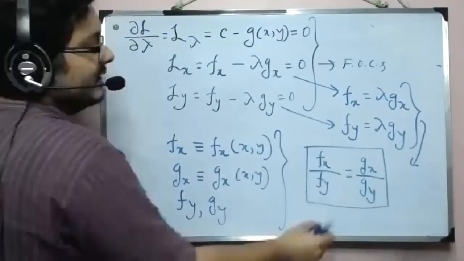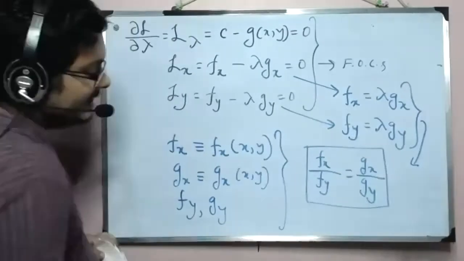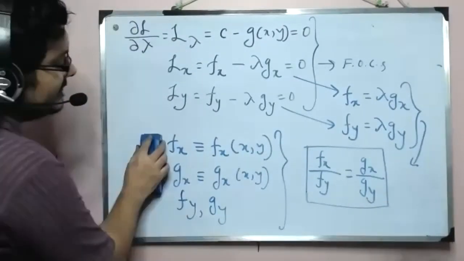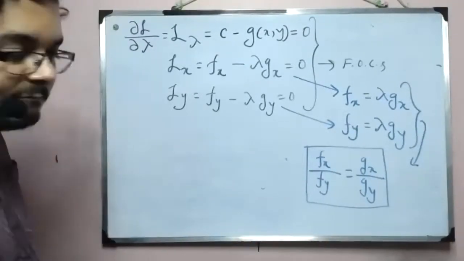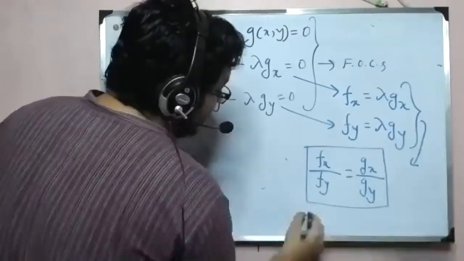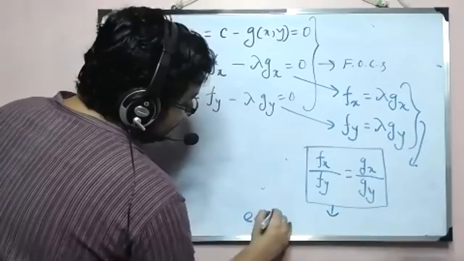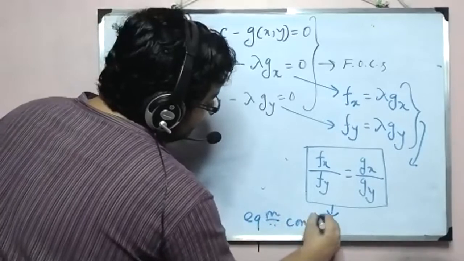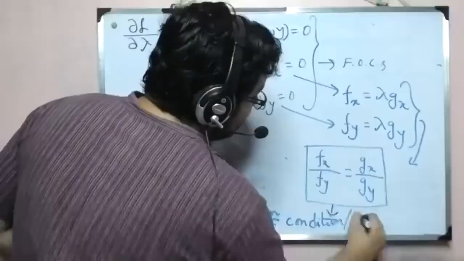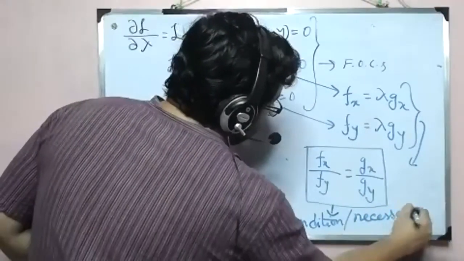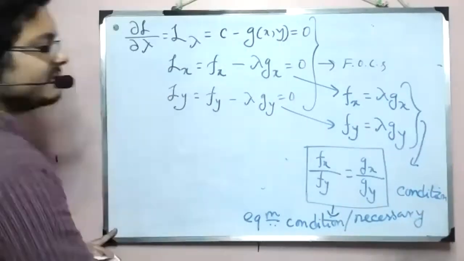So we have successfully eliminated lambda, right? And this equation, this necessary condition, will give us the other relationship between x and y. So I'll write it here. At times in economics at least we more frequently use the phrase that this is our equilibrium condition. And to keep the mathematical mind here, we will also write necessary condition here.